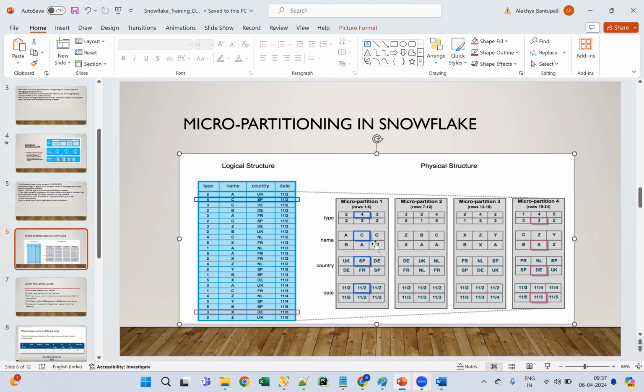Because of that, whenever you are searching for some data, that metadata is already stored. Metadata means what, guys? For example, the metadata of a particular micropartition: what rows are available, what columns are available in this micropartition, and what the values are, 2, 4, 3, 2, 3, 2, like these things.